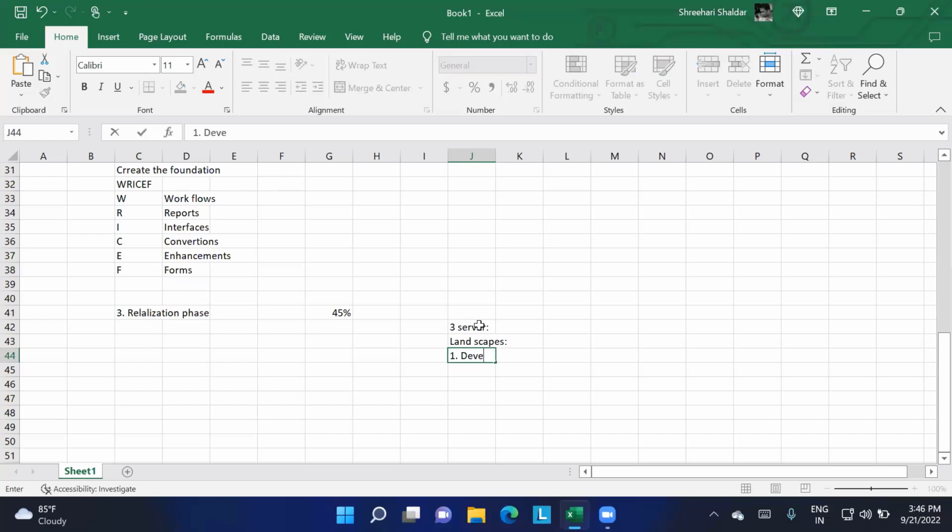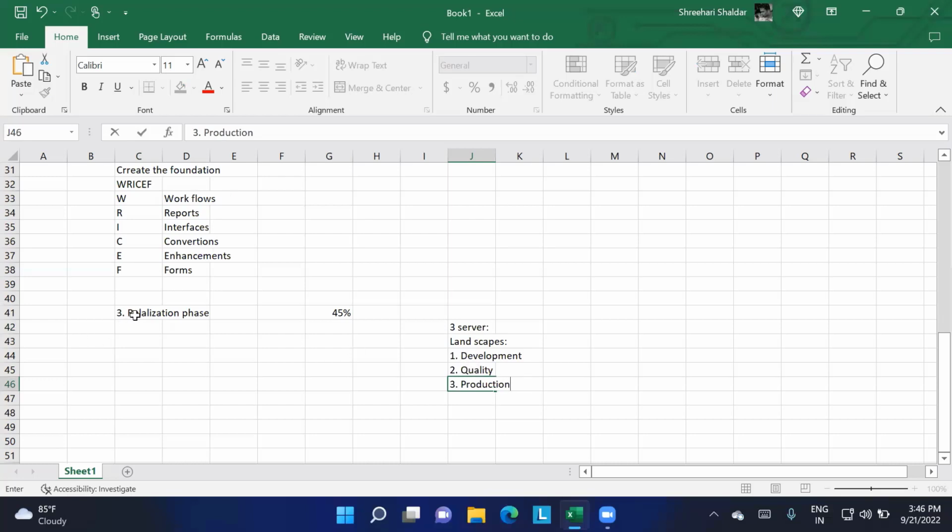First is the development landscape, or the development server. Second is the quality server, and third is the production server. This is also called the landscape, as I said.